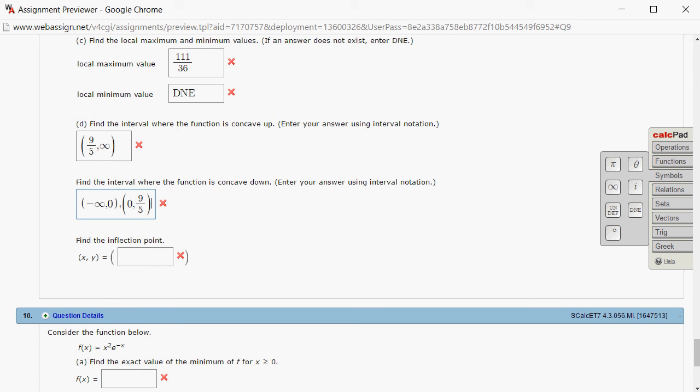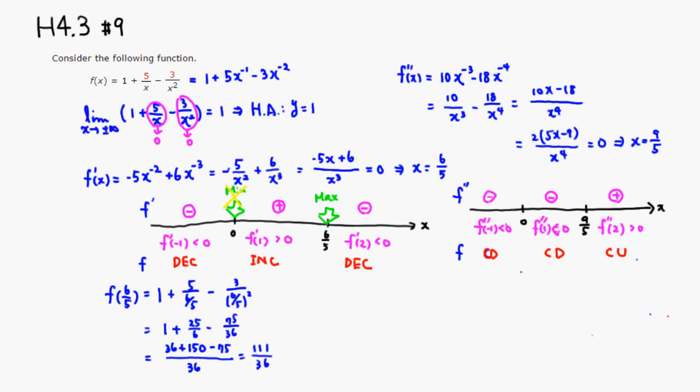And the inflection points. Right. So the only place where it changes concavity would be right here. So there should be an inflection point there. Alright, so let's find that. So you have f of 9/5. That's going to be 1 plus